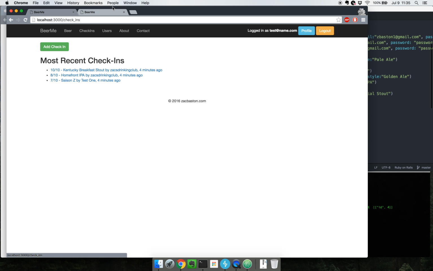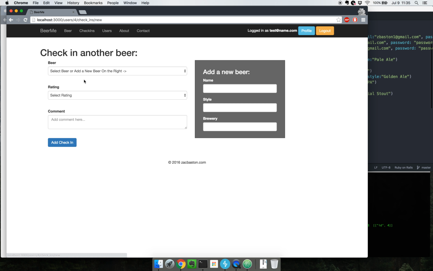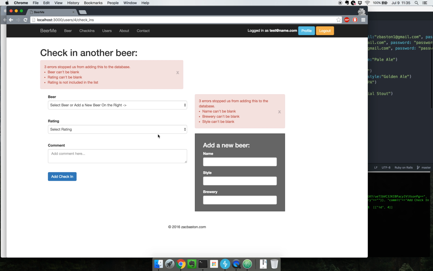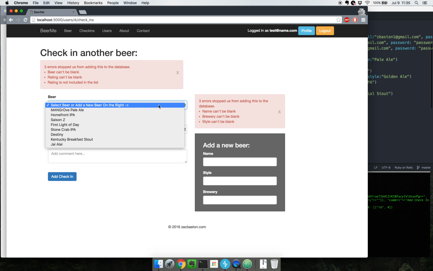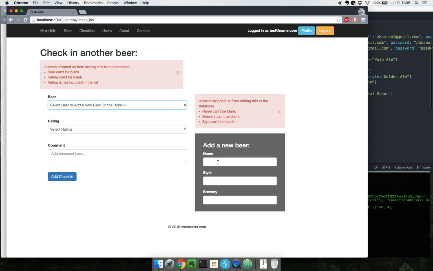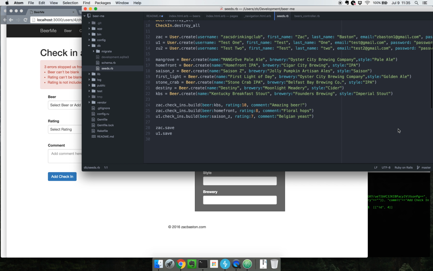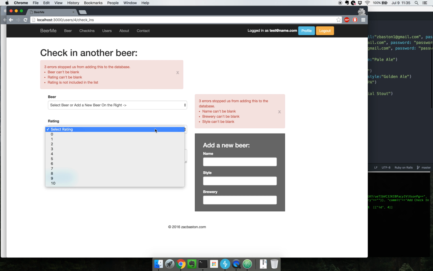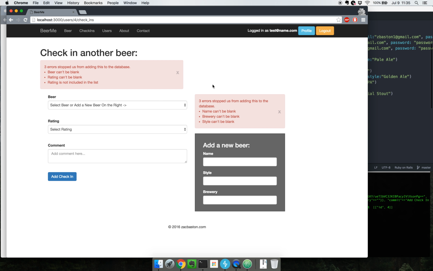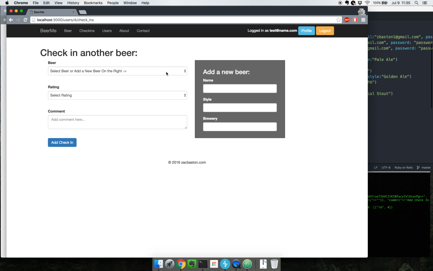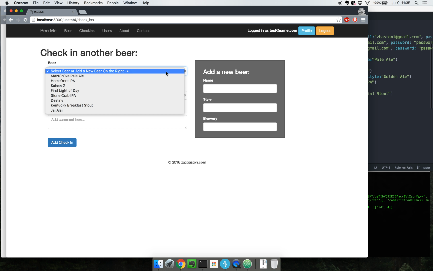And now let's go back here, and then I'm going to go ahead and add a check-in just to show the workflow here. Let's look at some validations here. Oh, hey, we got two sets of validations. So what we have here is a nested form. If the value for this ends up being blank, or if we don't make any selection here, then the form will get the data from here, create a new beer, and then add in the rating, and then you can add in a comment below. I'm going to go ahead and work through both workflows, and then I'm going to circle back to the Facebook